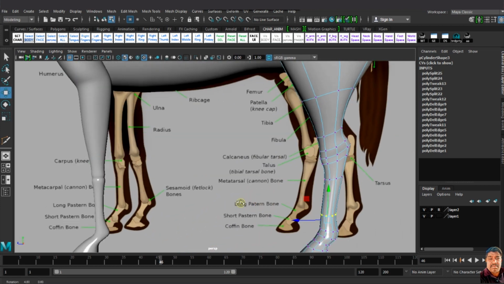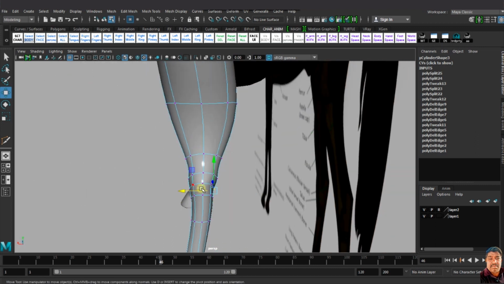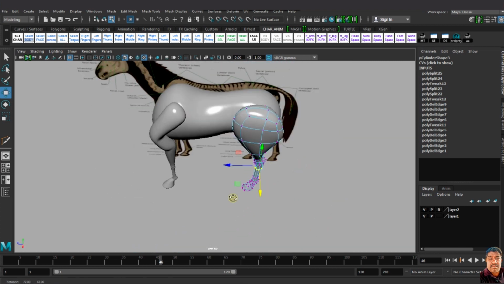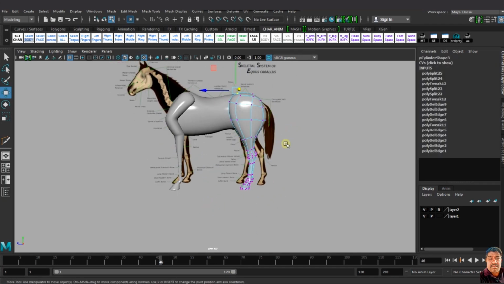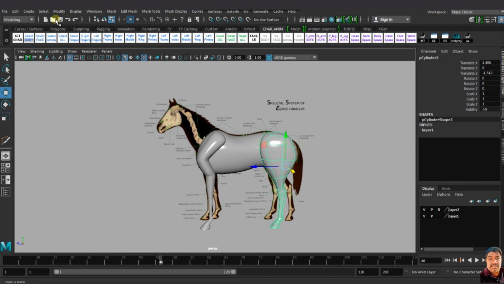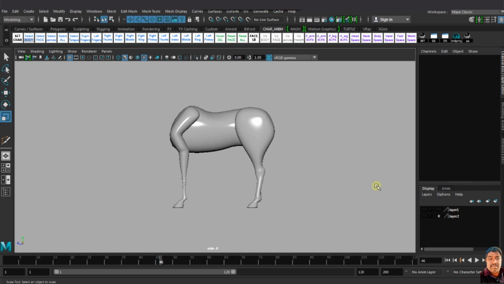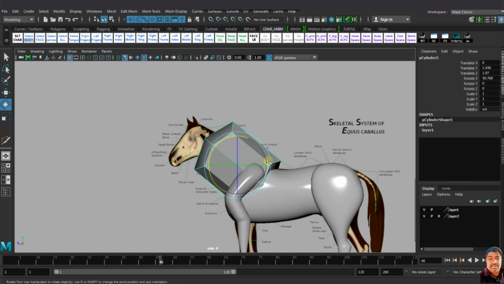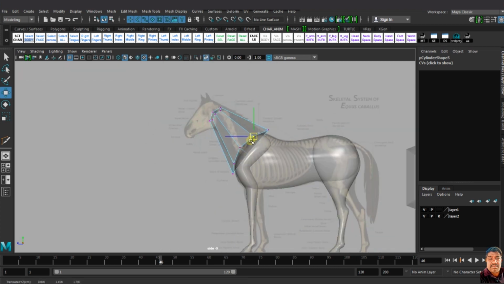Very easy, very simple. I make it like back. Unsmooth and then again. Now you can see this is my leg. I adjust from front and back. So my front and back leg is almost over.